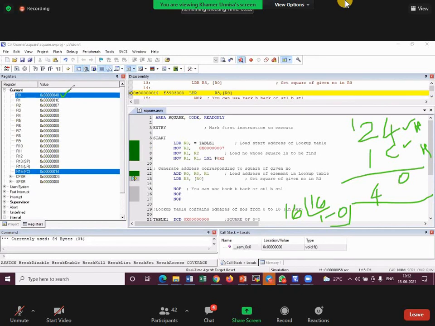Yes. So basically, you will understand better only when you first draw the memory. First you draw the memory, first you try to decode it. Then only you will better understand it. So now R0 is pointing to what address? 40. So 40 is having the value of 7 square. Okay. So I will clear the diagram.